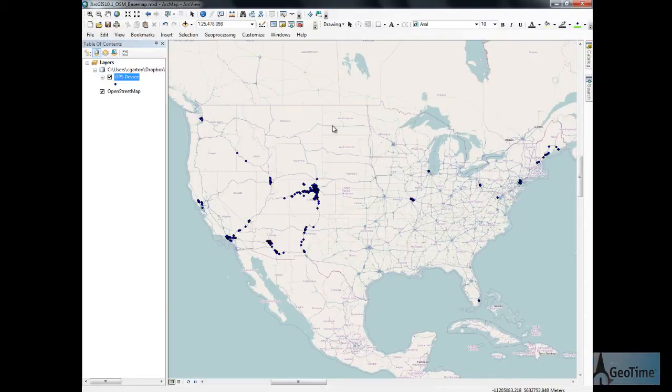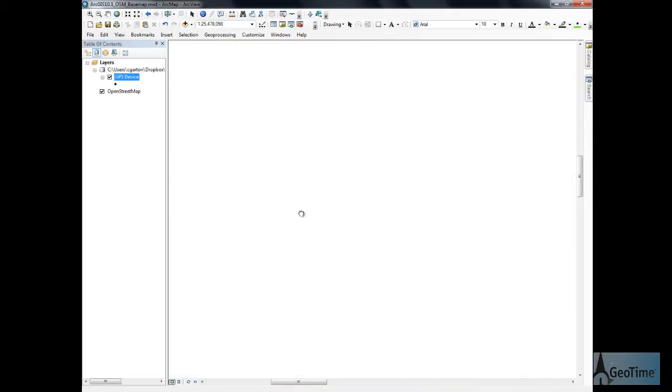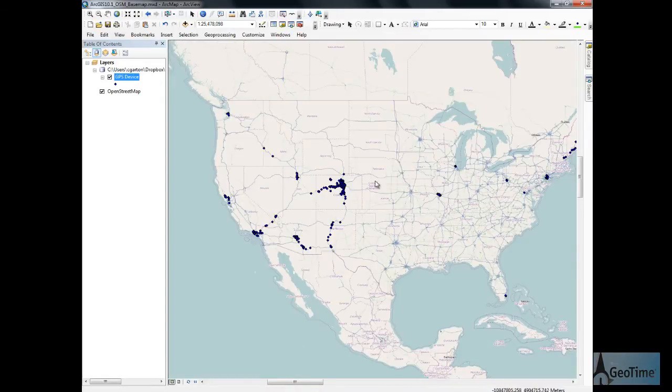The first capability of this extension is to send features across to GeoTime for analysis. Here we have a number of features across the continental United States. Each one of these points represents a GPS tracker point. We want to send them across to GeoTime so we can get animated playback of the movement of this GPS